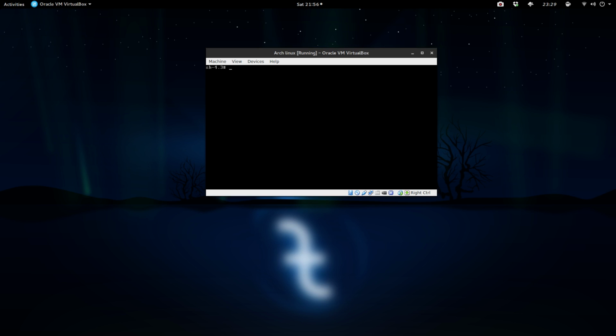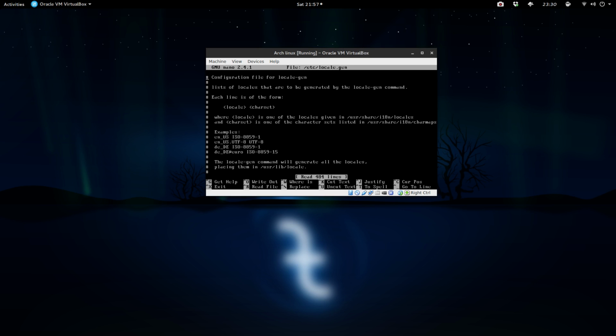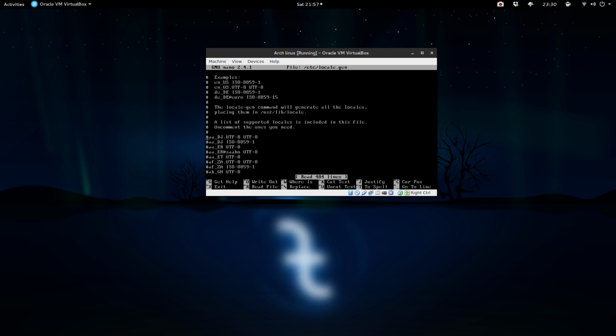The next thing we need to do is generate our locale generation. This will help with our time and everything here. We're just going to do nano /etc/locale.gen. Since I'm in the United States, I'm going to be doing en_US.UTF-8 and also the ISO version of that.